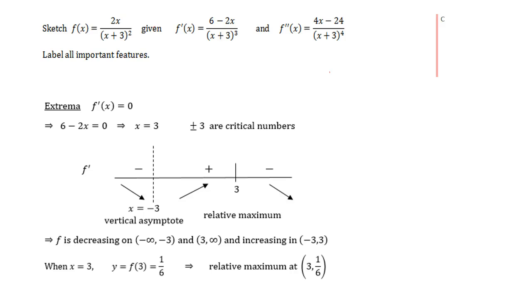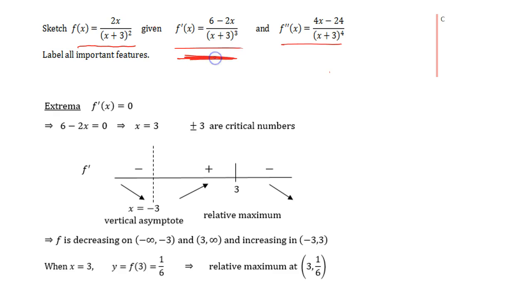Okay, here we have an example of a curve sketching question involving a rational function. And a rational function is simply f of x equals 2x over (x plus 3) all squared. And we're given, and will always be given, the first and second derivative. Okay, and we're going to use those to find, in the first case here,